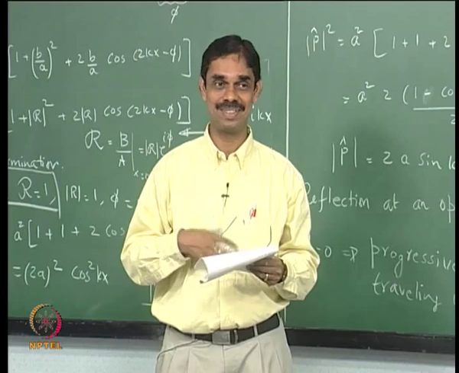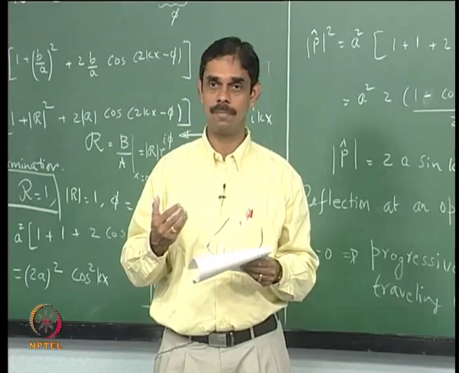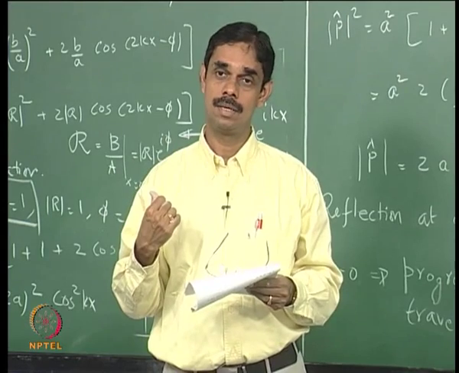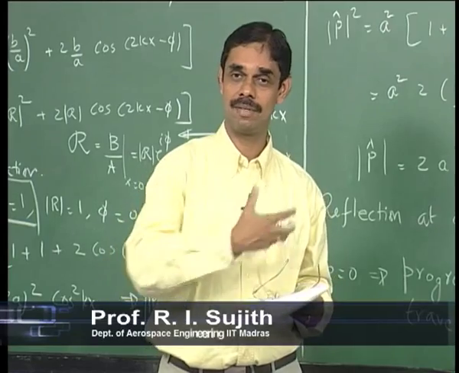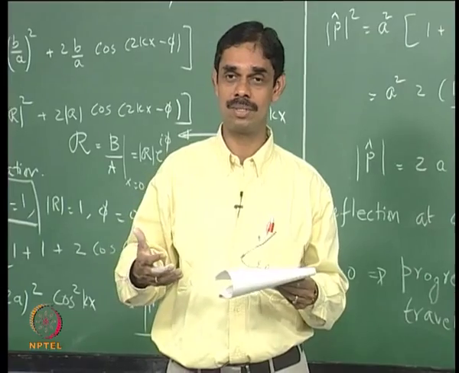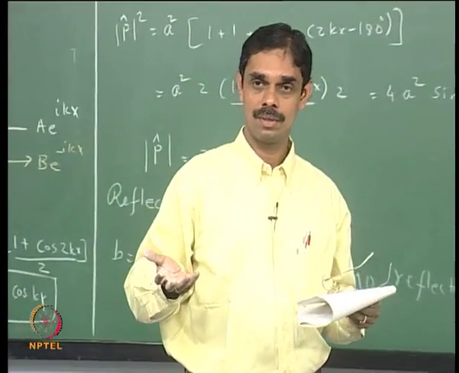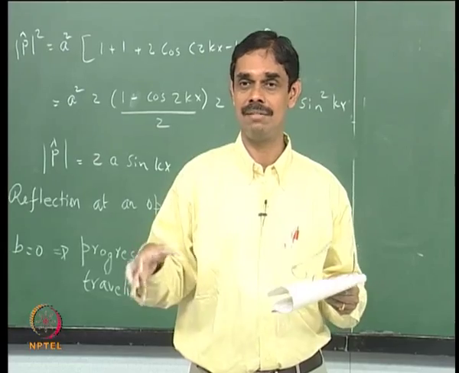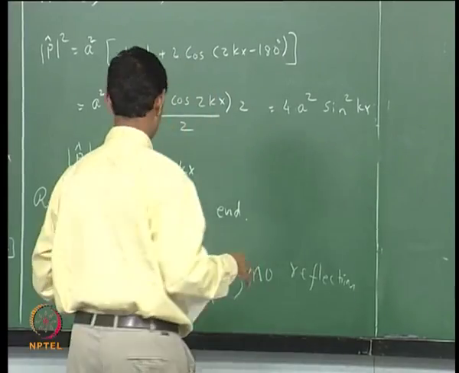In fact, I must warn you that acoustic pressure divided by rho c will be the velocity amplitude only if it is a right running wave. If it is a left running wave, what will be the velocity? And we have both left and right running waves. So you have to take the amplitude of the right running wave divided by rho c minus the amplitude of the left running wave divided by rho c. So in general, pressure divided by rho c is not a solution, because pressure is of the form F plus G and velocity is of the form F minus G over rho c. So if you take F plus G and divide by rho c, that is not equal to acoustic velocity. Is that clear? Let me just restate this.